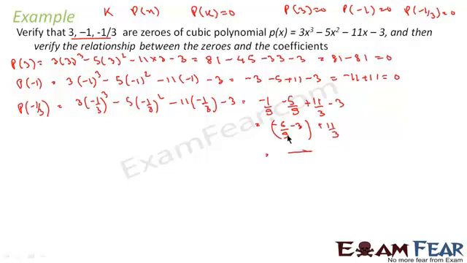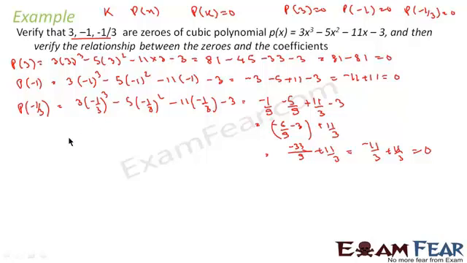So let's form this. This is 9 times 3 is 27, minus 6, that is minus 33 by 9, plus 11 by 3. This 3 and 3 cancel, we can cancel 3. So this becomes minus 11 by 3 plus 11 by 3. That is 0. So we have proved that p(3), p(minus 1) and p(minus 1 by 3) is 0. Just a normal calculation. We have just put the values of x as 3, minus 1, minus 1 by 3. No rocket science. And we have seen that these are all zeros.